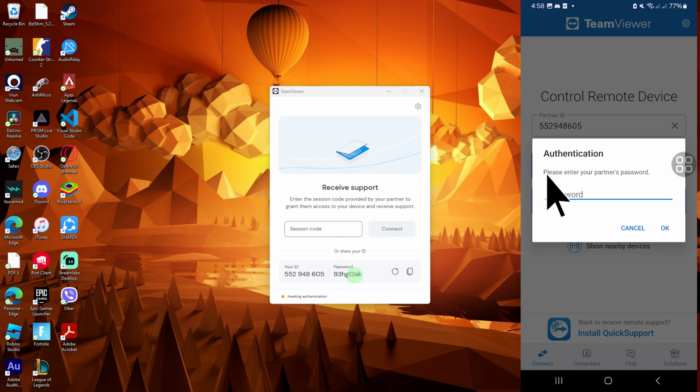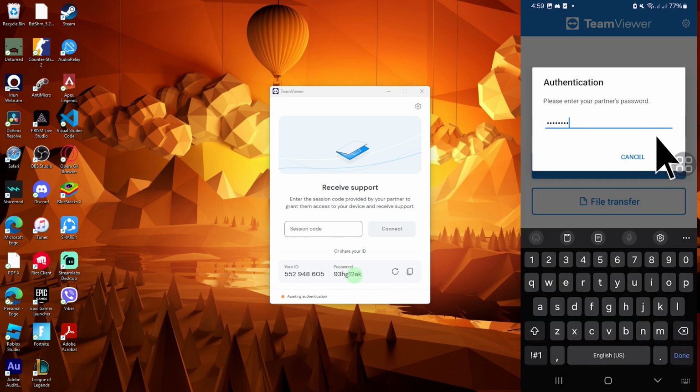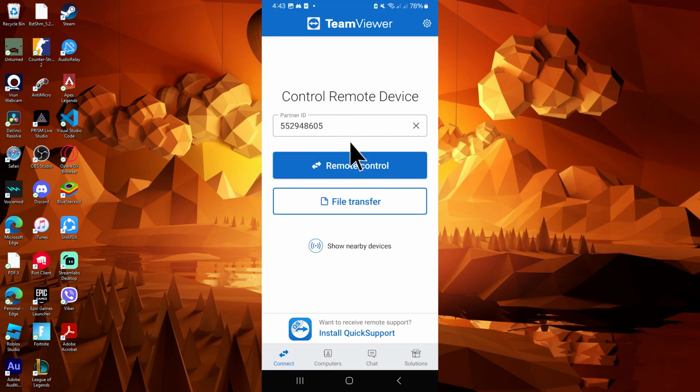Now, on your Android, tap on OK, then tap on Remote Control. Now enter the password on your PC. Grant necessary permissions for remote control. Once connected, you can remotely view and control your Android phone screen from your PC using your mouse and keyboard